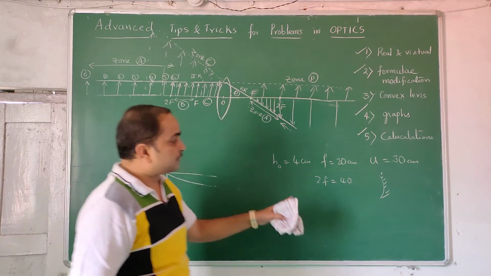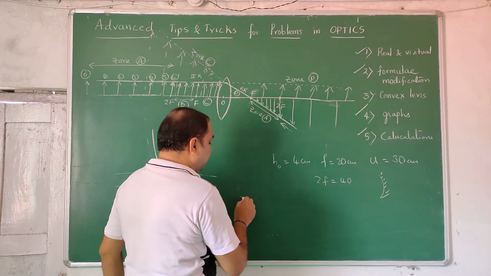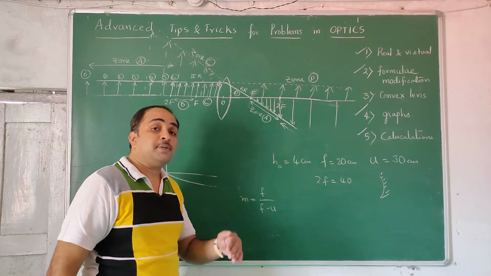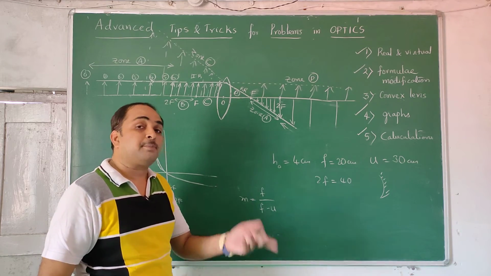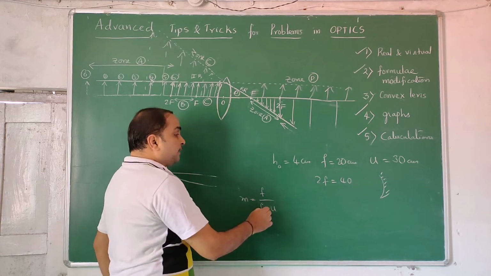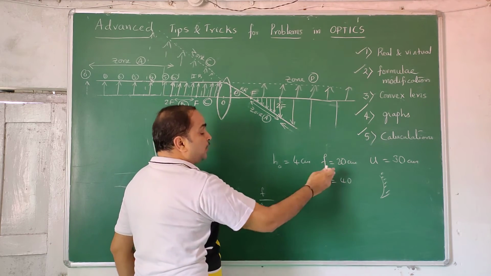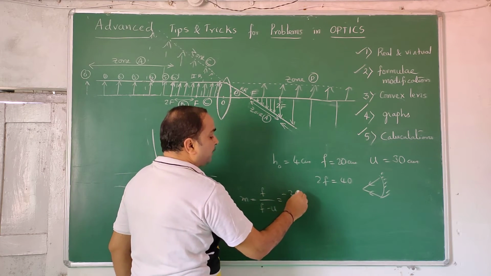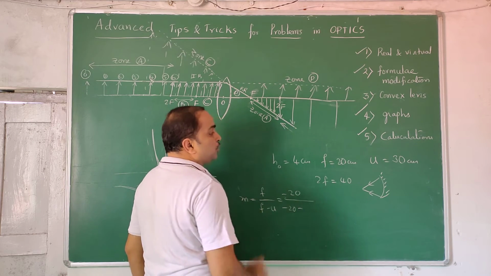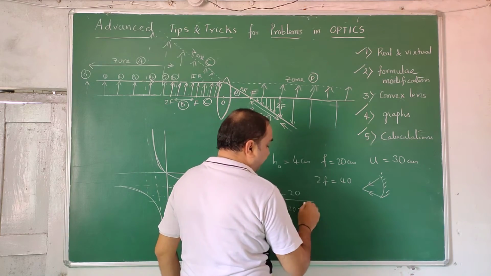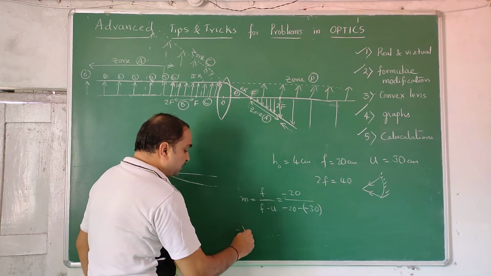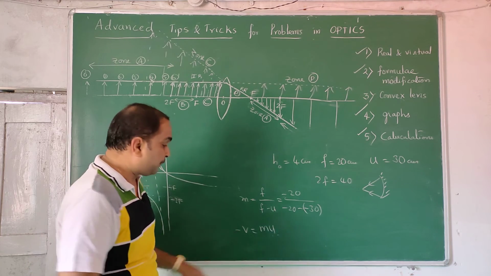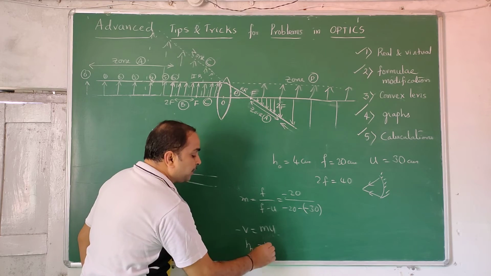With this concave mirror, magnification m is equal to f by f minus u. They will tell the object is kept in front of the mirror like that. Virtual object means they clearly tell that. So take the signs according to that. Focal length of the converging mirror will be on the left side like this, so it will be negative. So minus 20 by minus 20 minus u. Object is kept on the left side, minus 30. Once you get magnification, minus v is equal to m times u. For mirrors, minus v you have to take. For lenses, it is plus v. Similarly, height of the image is equal to m times the height of the object.